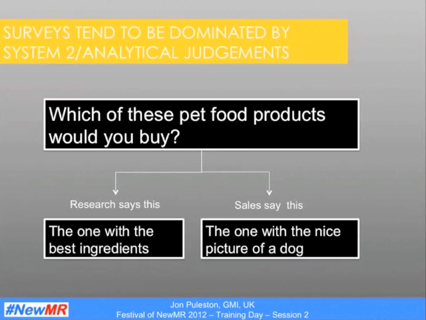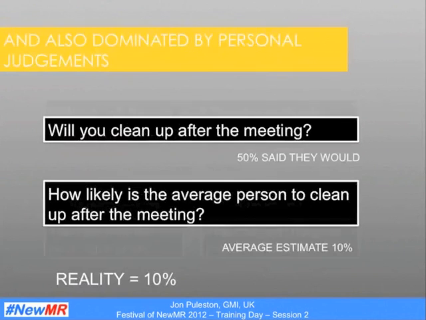So the research that comes out of that might suggest that the product with the best ingredients is the one that people buy, whereas sales might argue that it's actually the one that's got the nicest packaging. And often you can't pick that up with traditional questioning techniques. There's also an issue of the way that we often ask questions from a personal perspective all the time. And I would encourage people to open that out and think a bit more projectively.